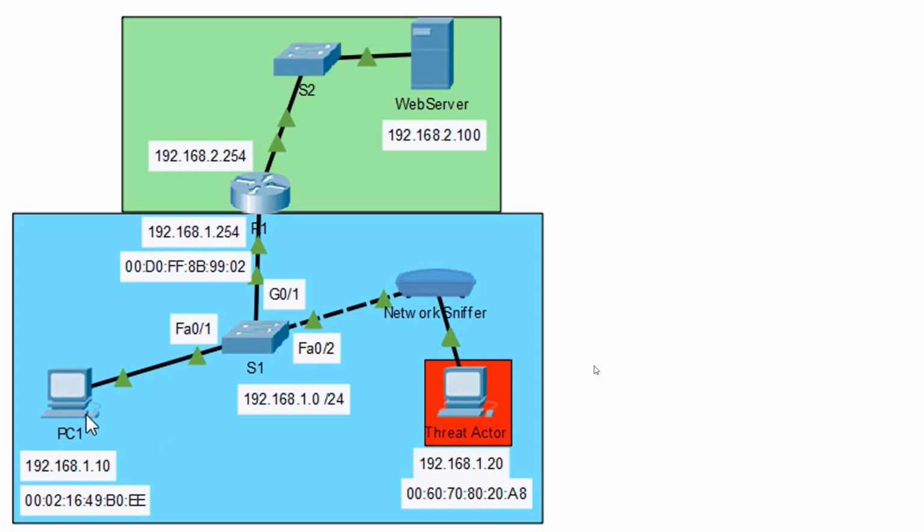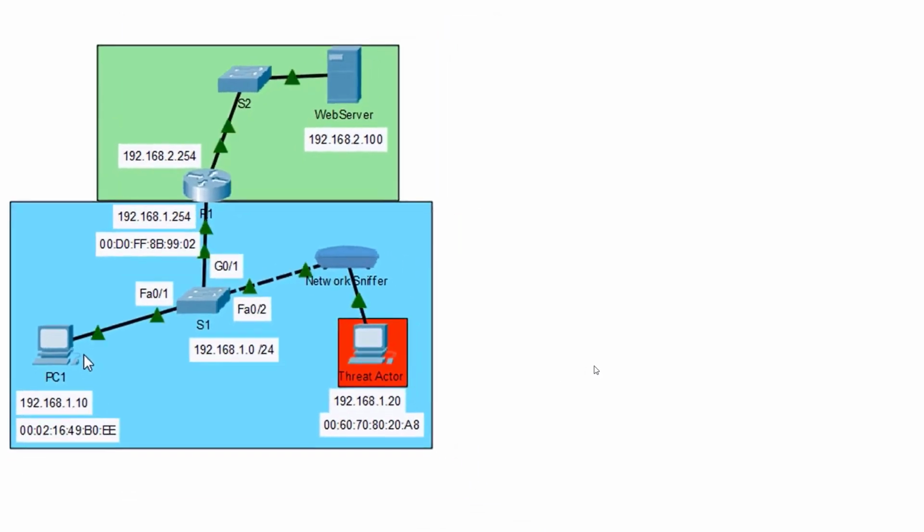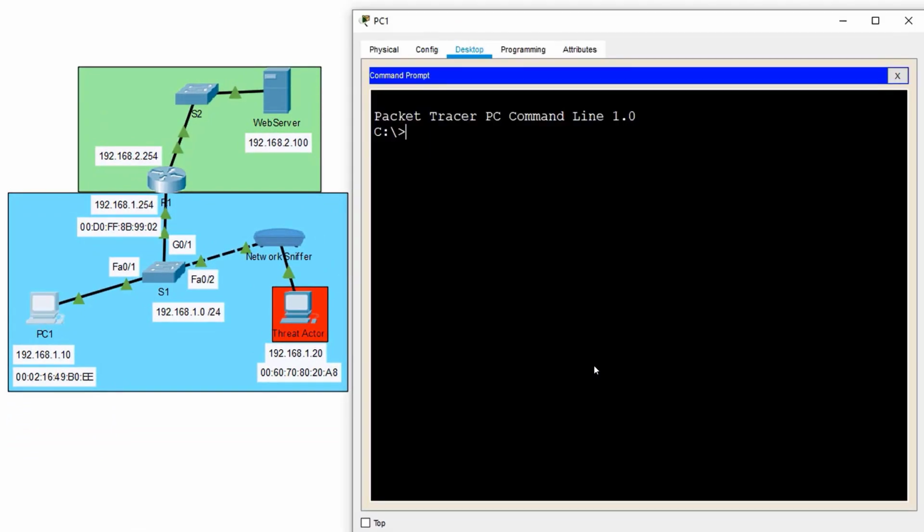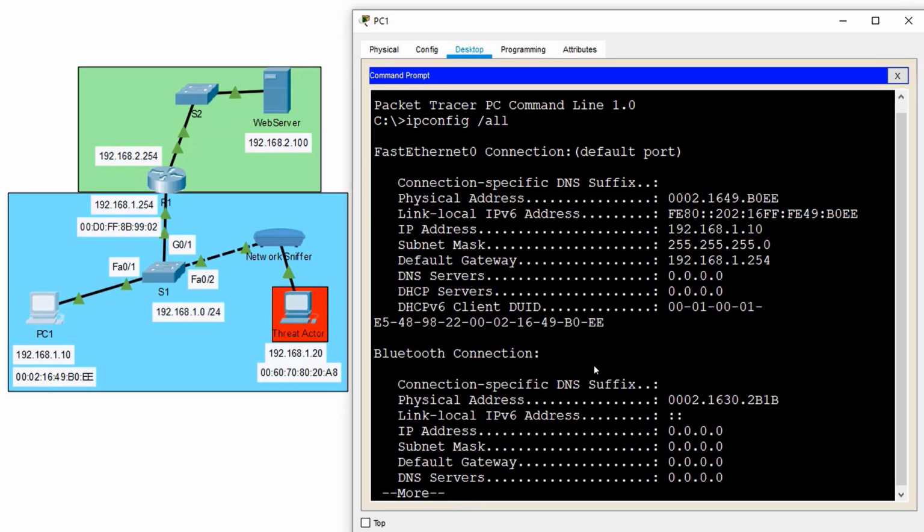In order for PC1 to get to the web server, it needs to know the MAC address of its default gateway. So let me open up PC1, go into my command prompt, and we're going to do an ipconfig /all. And with our ipconfig /all, we'll see that PC1 has its MAC address of B0EE. It's got an IP address of 1.10, and it knows the default gateway IP address. It knows the router is